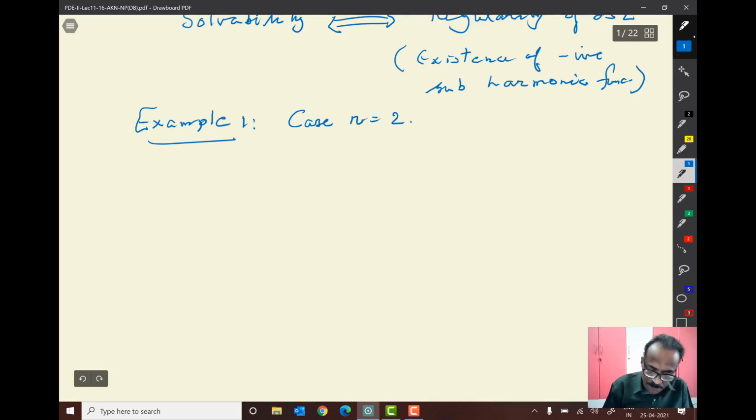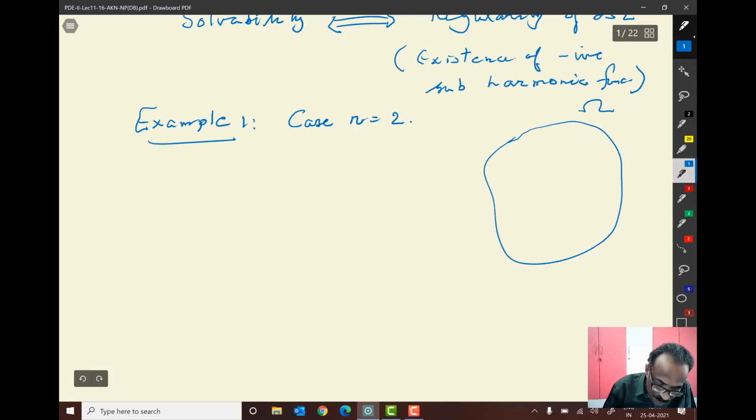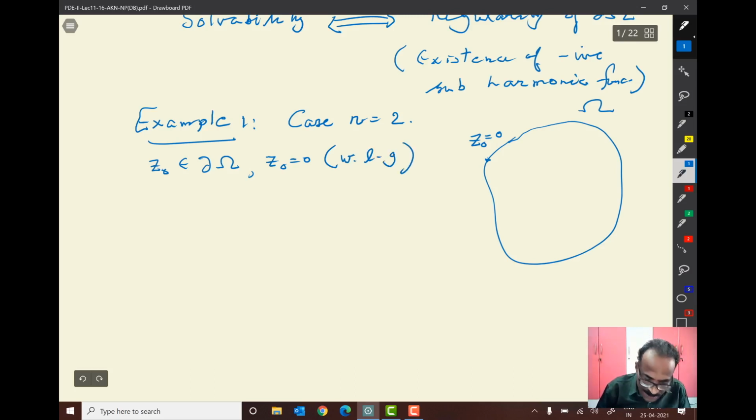That's a little bit easy. So you have a domain here in n equal to 2, omega a subset of R2, and then you take a point z naught belongs to d omega. It will be of xy form, and without loss of generality you have a point z naught here, and you take that to be 0. You can shift the domain if you like. Okay, without loss of generality you take z naught equal to 0,